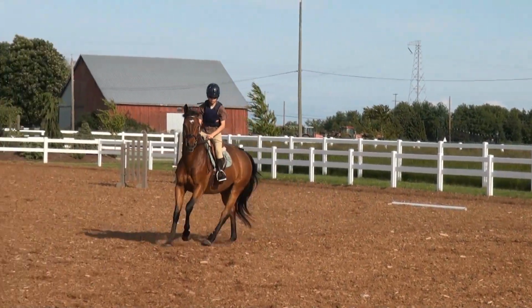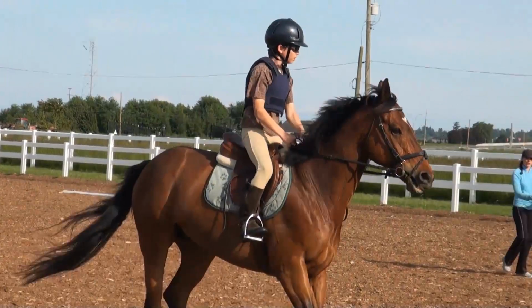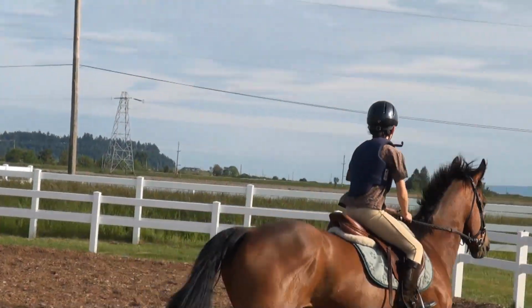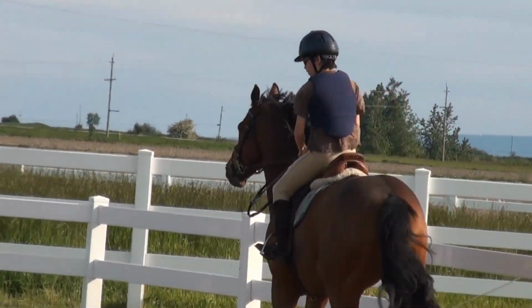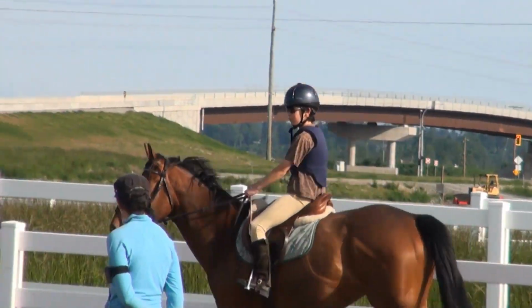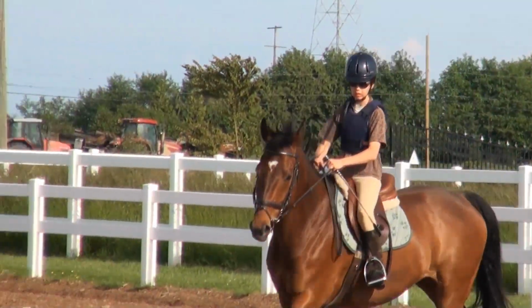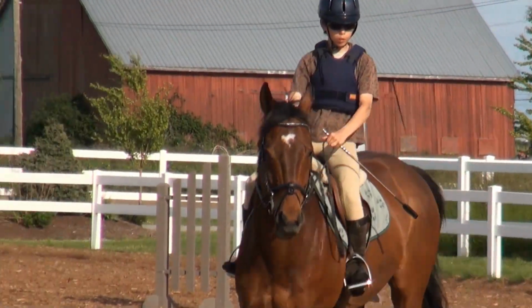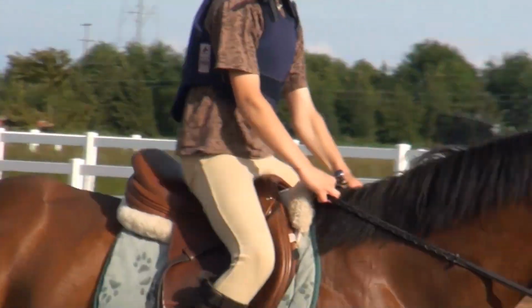Much better. Now keep cantering for a minute here. Think of relaxing your elbows. Right now the elbows need to go forward, forward, forward, forward, the same way his neck is going. There you go. Now keep that bend in your elbows, and now firm up your abs and sit down and think trot, walk, and halt. Keep your hands up,